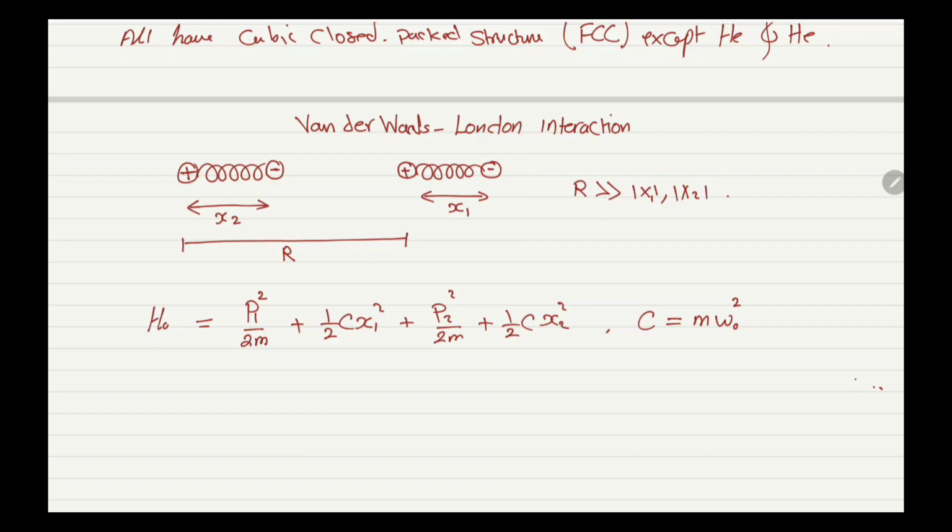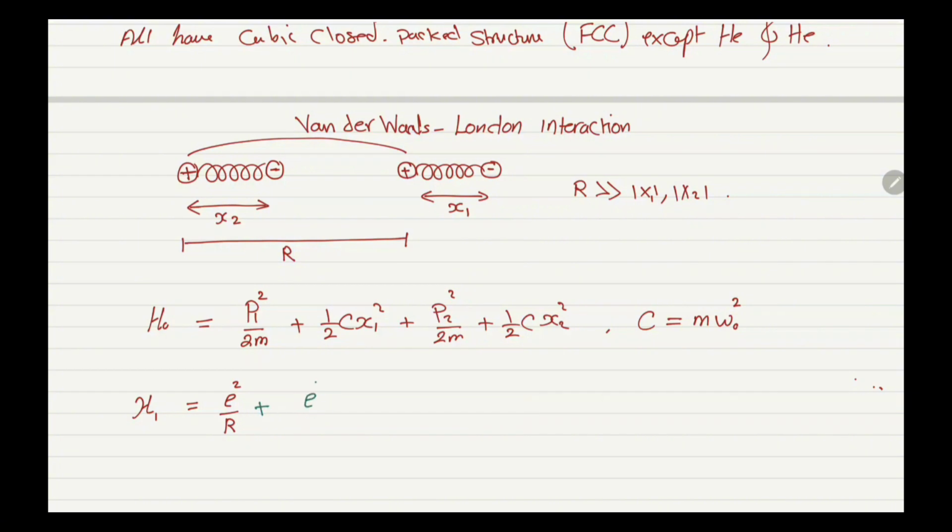Now another interaction we have here is the Coulomb interaction, and let's name it H1. So the Hamiltonian H1 is equal to e squared over R, which is the interaction between this one and this one here. It's e squared over R